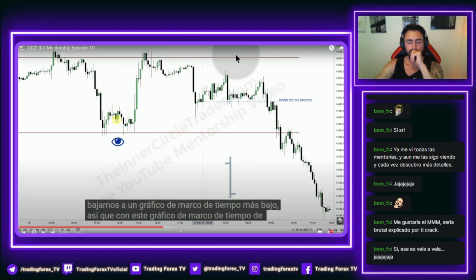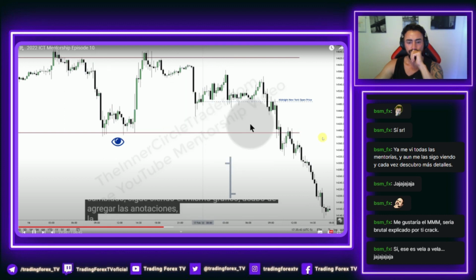So with this 15-minute time frame chart, and I apologize, the chart's a little bit shifted. It's still the same chart, I just added the annotations. The idea is we're expecting...